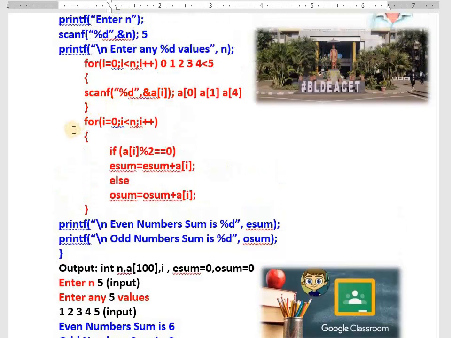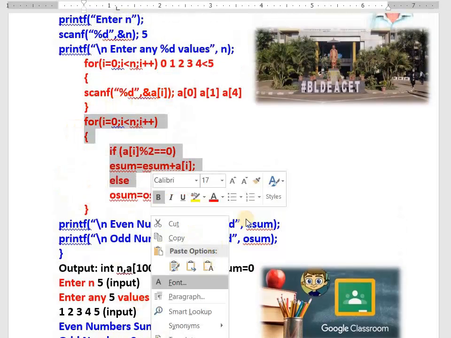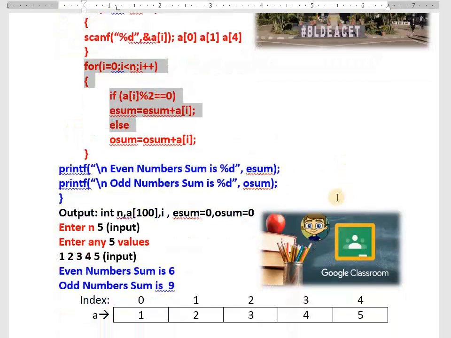Next, one more for loop has been used. We check each individual array element for even or odd. It is very easy. If a of i, meaning the array element, whether a of 0, here also we get the index values 0, 1, 2, 3, 4. First a of 0 will be checked for even or odd.